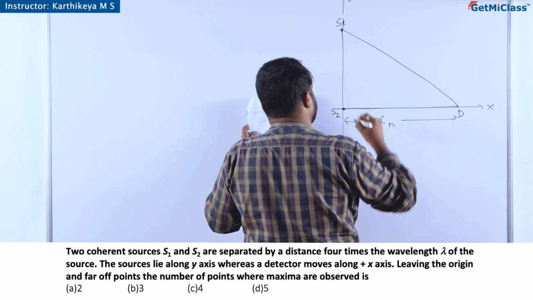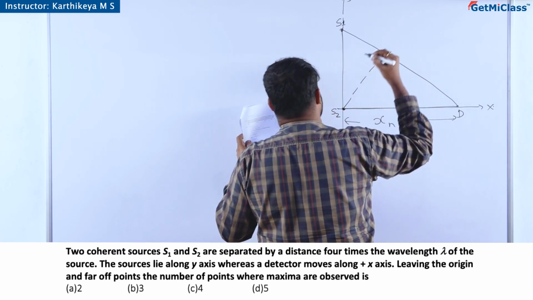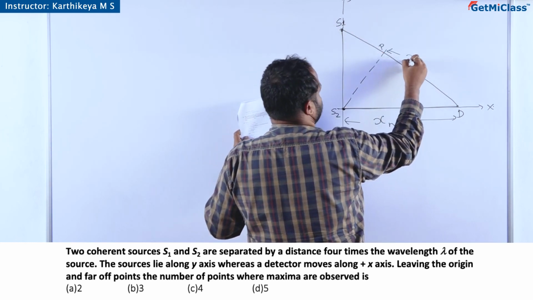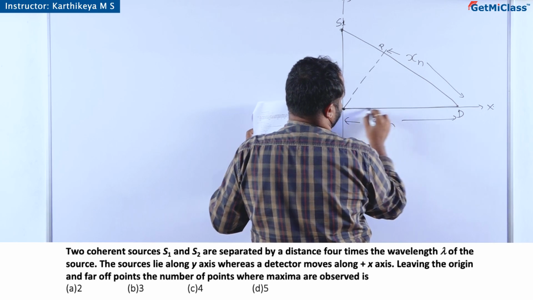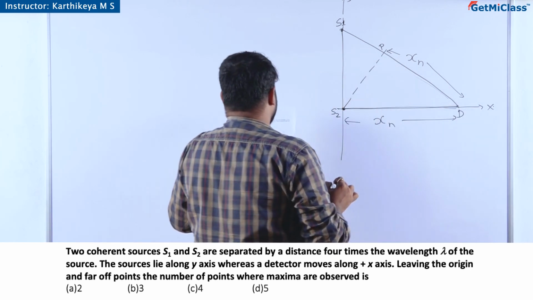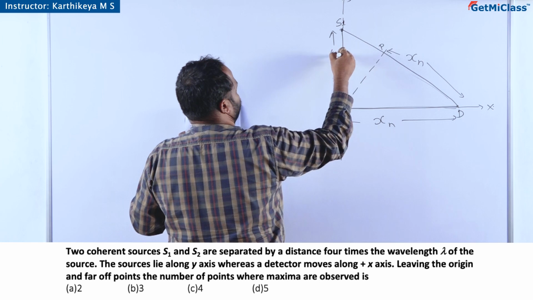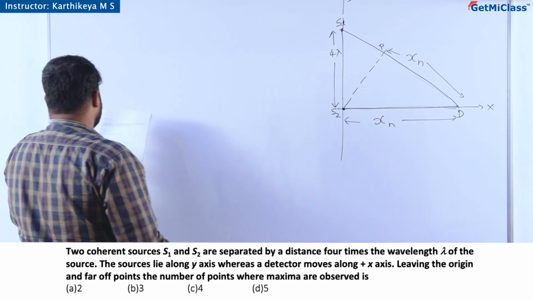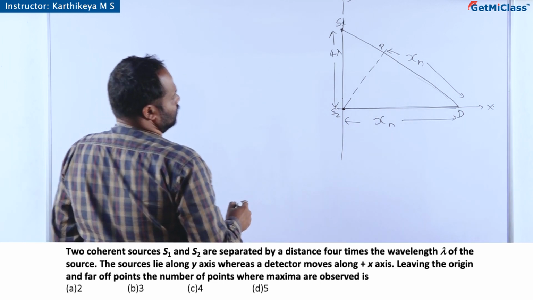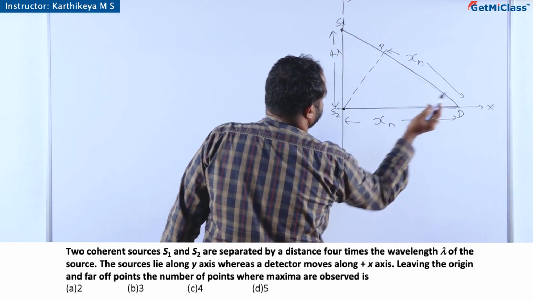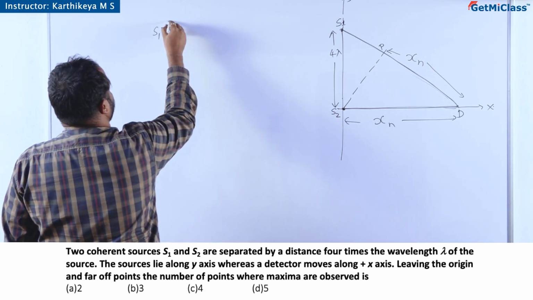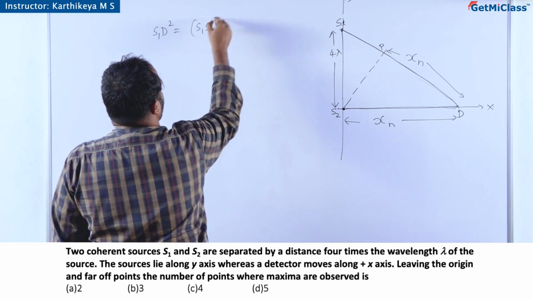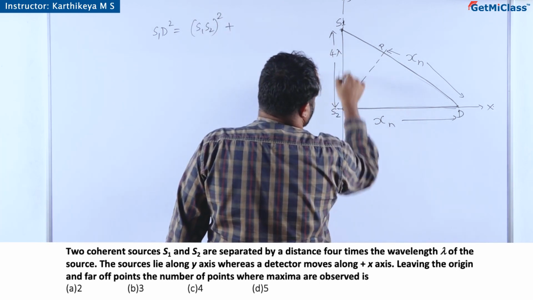This is D. So the path difference is this S1P here. This is xn again, parallel to xn, and this distance is 4 lambda. So this is the hypotenuse. S1D square is equal to S1S2 whole square plus this